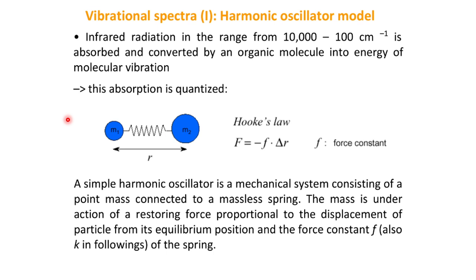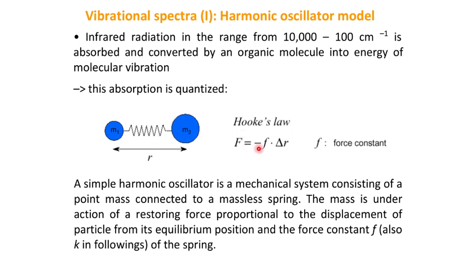Now what is the model? That is the simple harmonic oscillator model. So if you assume any molecule, for example, there are two atoms, one has mass m1 and another is m2, and those are bonded by a spring, but that is a massless spring. Now from Hooke's law,